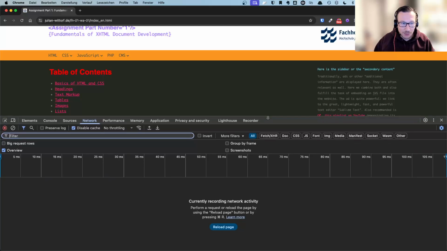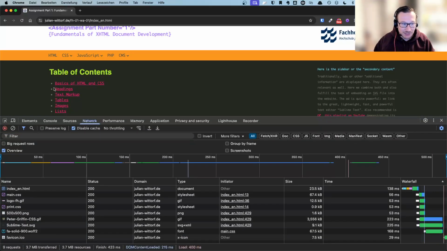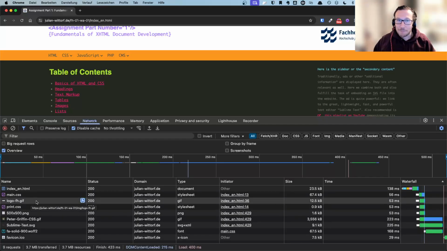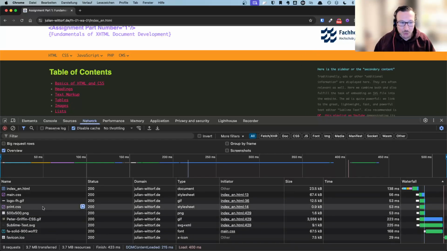And this right here, I'll just reload the page. This basically tells us what kind of files are being downloaded. So this is the HTML file that was downloaded. Then we have a style that's being downloaded. So this is all the color information that we took a look at earlier. And then there are always some images. So for example, this is the logo that I added here,